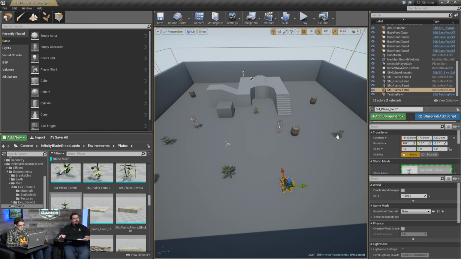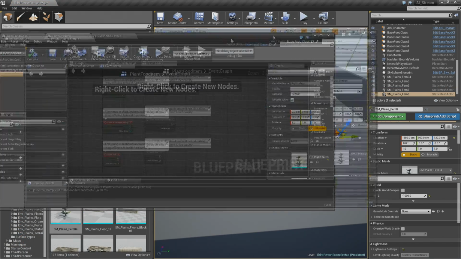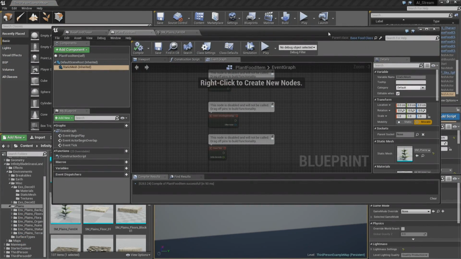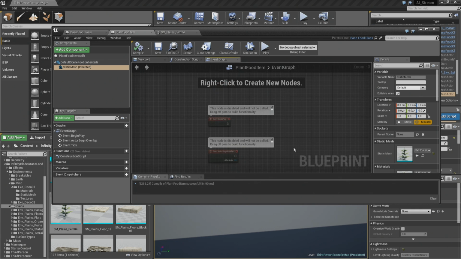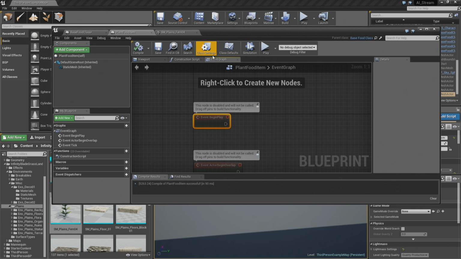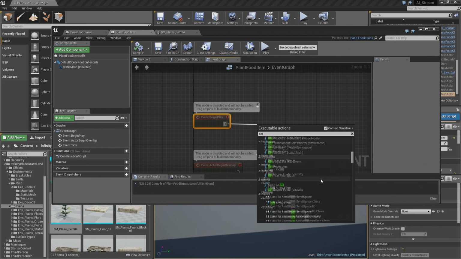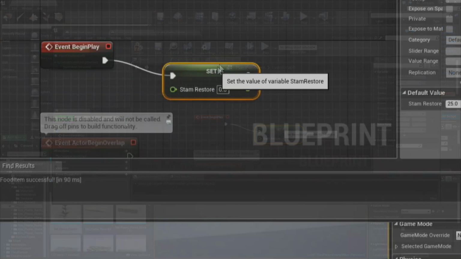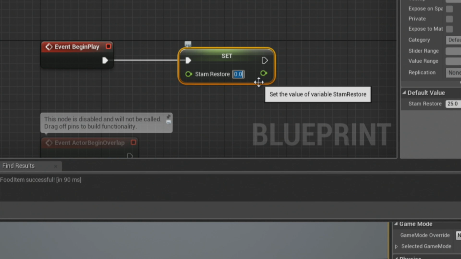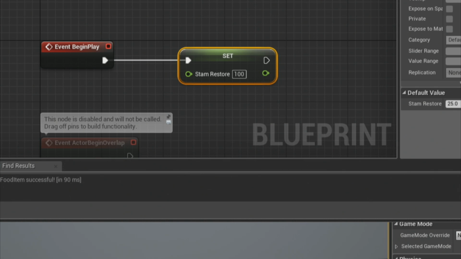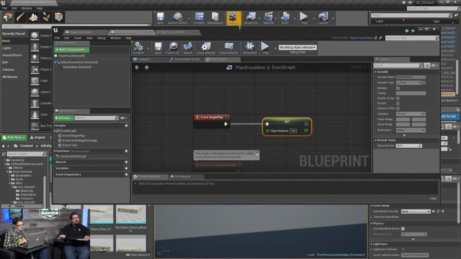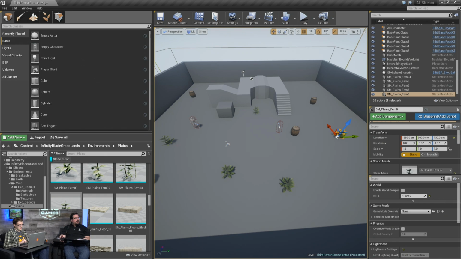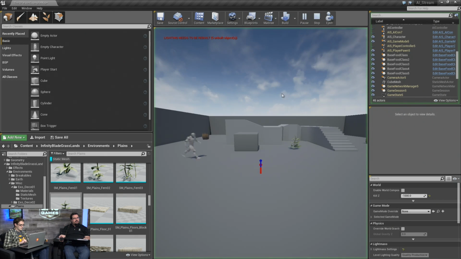Look, this guy's going to survive for so much longer now. The plants are going to be worth more. Set stamina restore in this case. These are going to be straight 100. There we go. Compile, save. And now when this guy goes out,